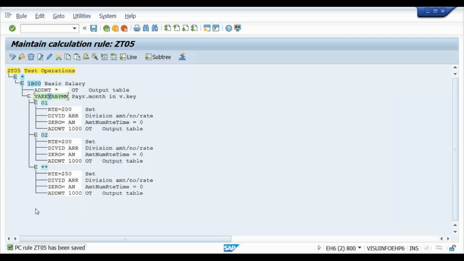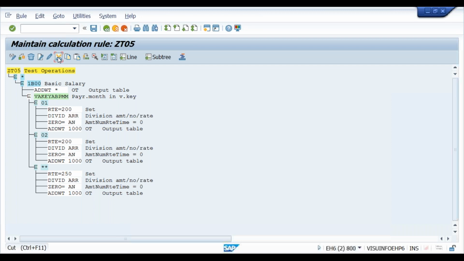When you go to 2018, what will happen? Again, you will get the first period, right? You are not querying the year here. What you are querying is the period number, and this period number is repeated in the next year, right? So in 2018, the first period again takes 200, the second period takes 200, and again the third to 12th period takes 250. But this is not the change we wanted, right?